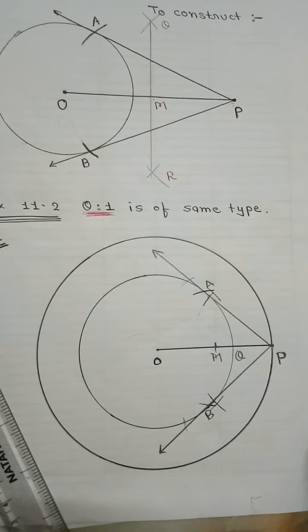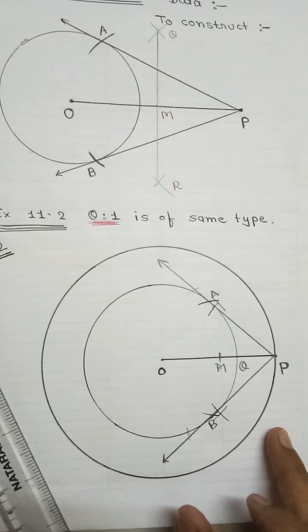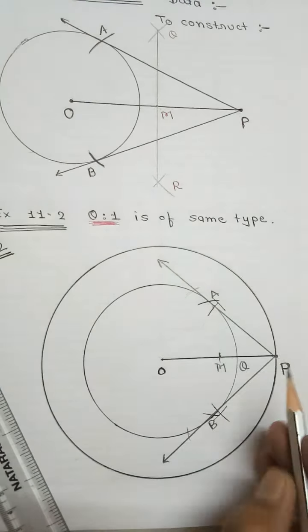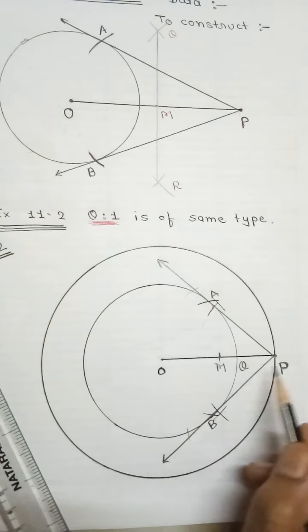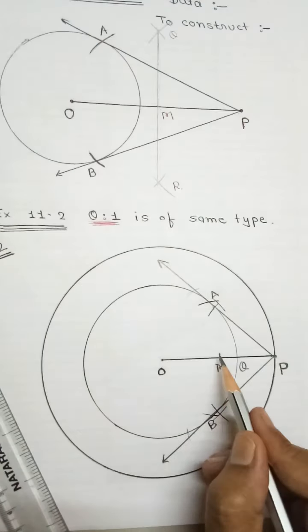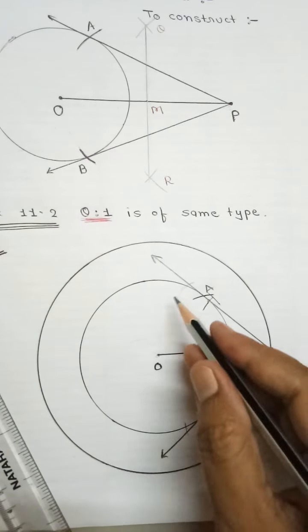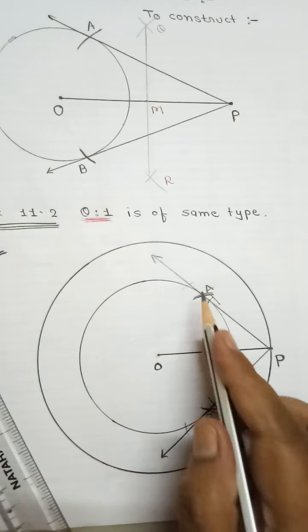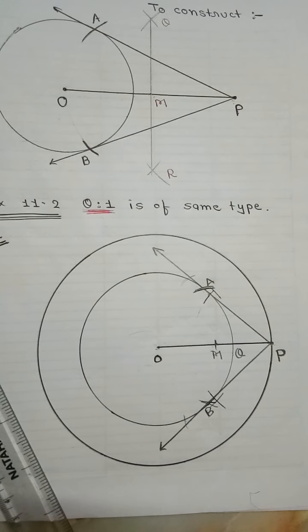It is okay. I hope construction is clear. What to do? First of all, draw two circles. One of radius 4 cm, another is of radius 6 cm. Take point P on a circle with radius 6 cm. So that is an external point. Join OP. Take perpendicular bisector. Now that is your center. Take MO as a radius. Give an arc which will intersect the smaller circle. And that is your AB. Join PA with PB. So that is the required tangents.